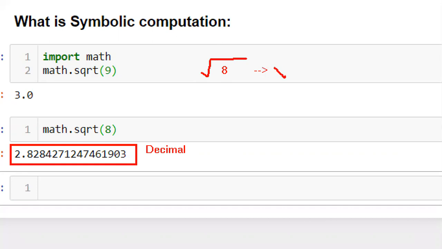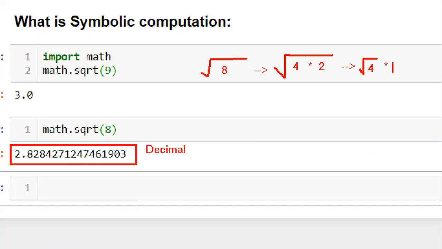If you remember, just have a look once. Now what I'm doing here, I'm writing square root of 8 in terms of 4 multiplied by 2, right? Now I can split this square root into two parts: square root of 4 multiplied by square root of 2.